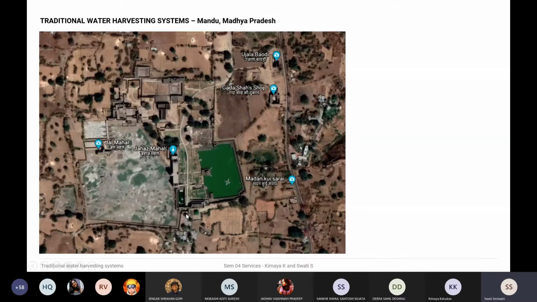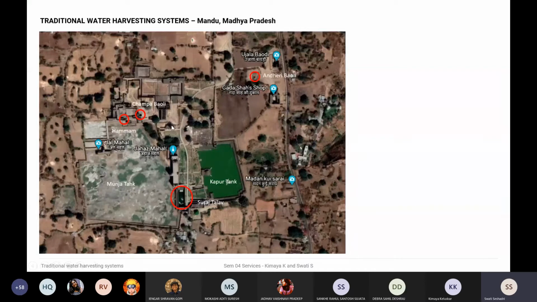This is the entrance point from where you enter the complex, and then towards the left you see the Suraj Talab, and you walk down to see the main building. I think that's where the king stayed, and it also has a series of pools, which are included as a luxurious kind of bath.